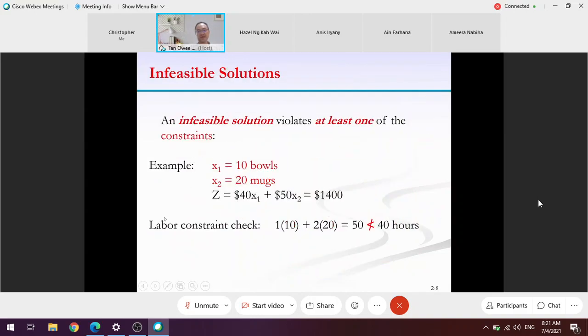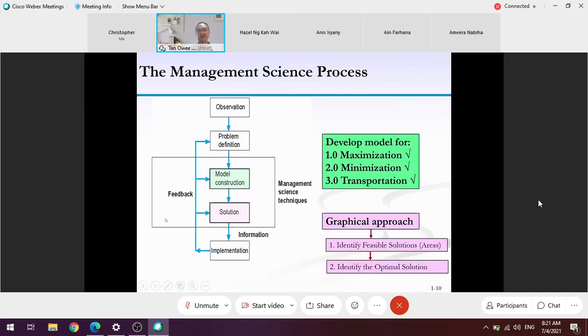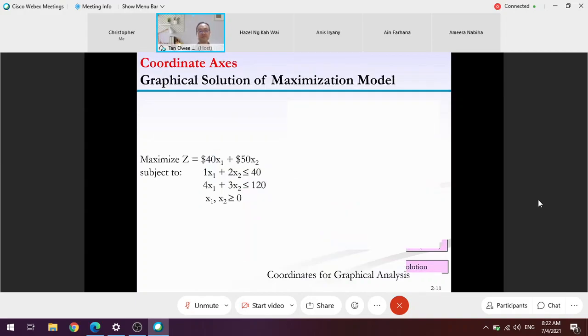Therefore, in my slide, I'm saying that to apply the graphical method to solve linear programming, there are 2 steps. Satu ialah identify feasible solutions. Okay, identify the area di mana pada area itu setiap number yang you replace in the constraint, dia akan fulfill the constraint condition lah. Lepas tu identify the optimal solution. Let's look into the first step lah, identify the solution.